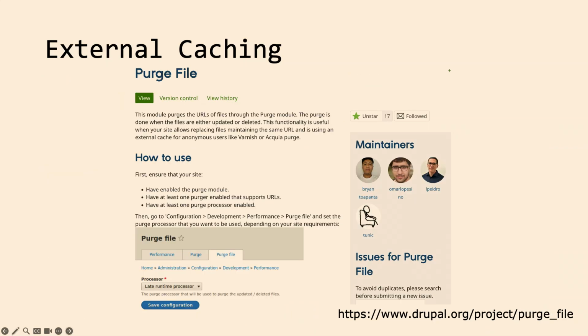But don't worry, there's also a module for that. And that's going to be the Purge File module. What this module does is it uses hook entity type insert, hook entity type update, and hook entity type delete, targeting the file entity type. And it's going to react to changes for file entities. So when a file entity is created, updated, or deleted, it's going to add invalidations to the purge queue for the URLs of those